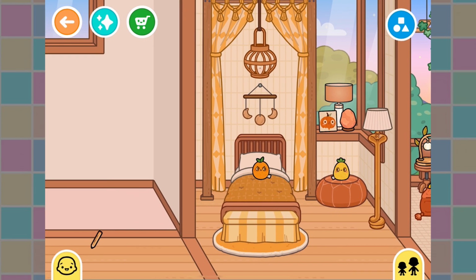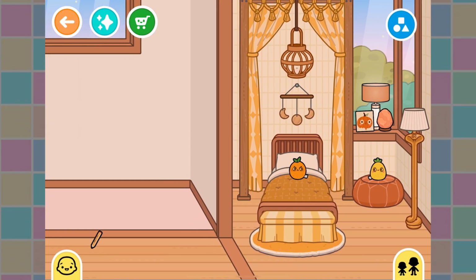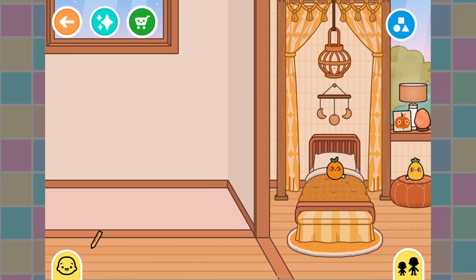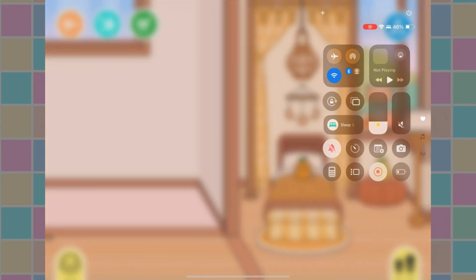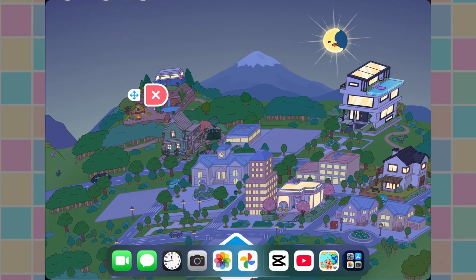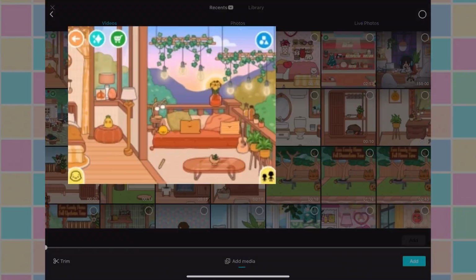Since the far right of the screen is showing in this video, I just did the entire thing going from right to left, and then I reversed it in editing. But typically I would have the item be on the right side of the screen, because my videos go from left to right. So I use CapCut to video edit, I always have, and so I just import that video